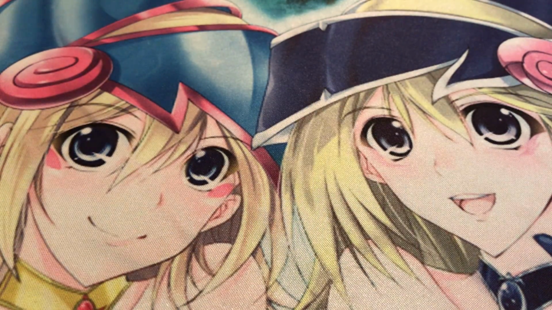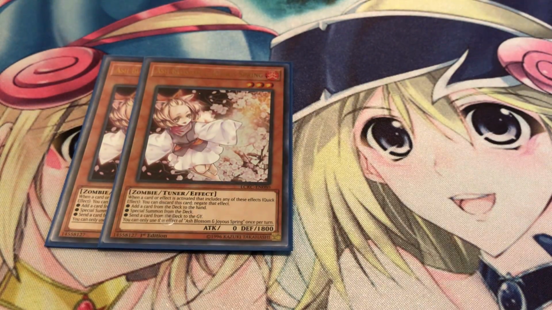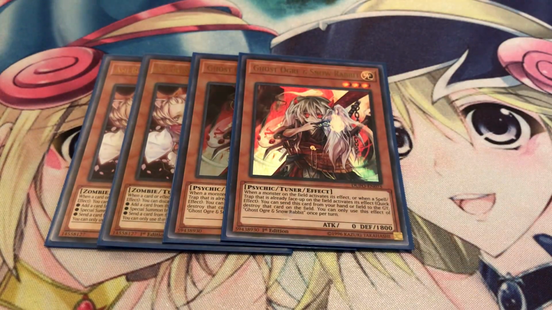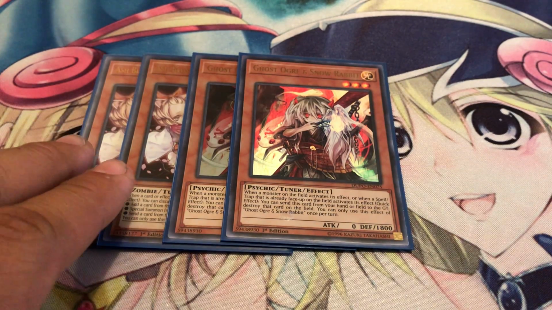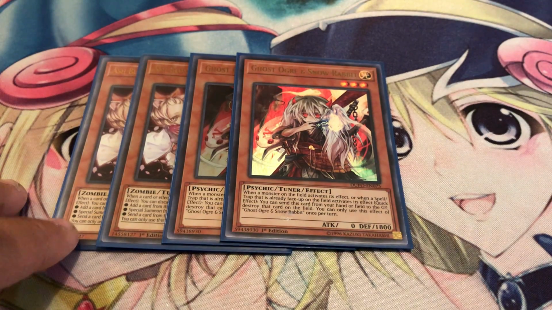For hand traps, playing 6. Playing 2 Ash Blossom, which is just generically good. 2 Ghost Ogres, which is crazy good in this format, especially now that Endymion Pendulum exists. Like, most people are kind of confused, like, what do you hit with that against that deck? I know against Servant of Endymion, you either want to hit with Ash Blossom or with Ghost Ogre. But in my opinion, like, always hit